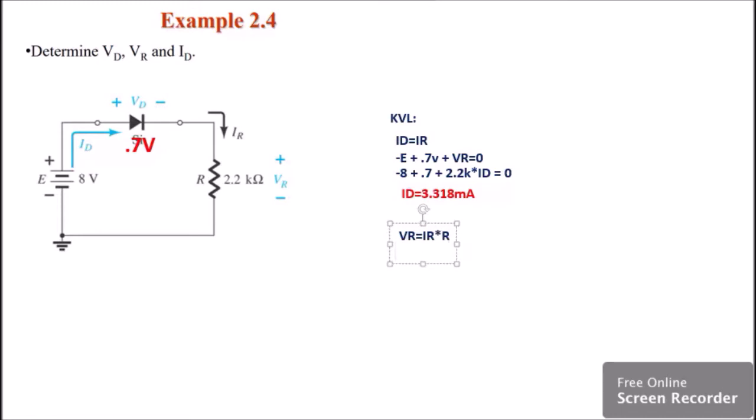And since given naman to sila, edi meron tayong VR which is equal to IR natin is 3.318 milliampere times our R is 2.2 kilo ohms. Huwag ko nang ilagay yung ohms ha. So this is now equal to,